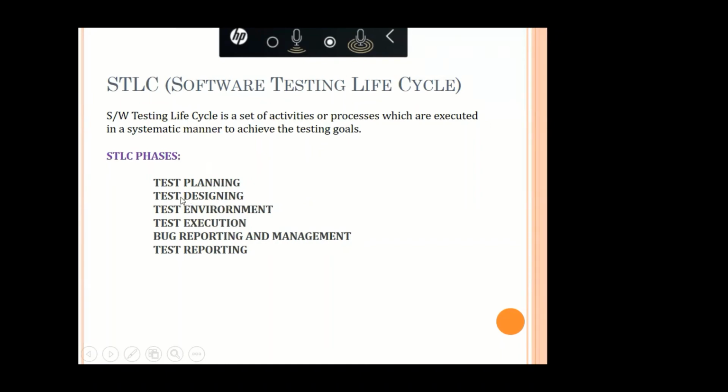Test designing is nothing but the test cases. Here we are preparing test cases. How we are preparing means some Excel sheet or else some automation, manual and automation, here we are using. So by using this test designing, we prepare the test cases here. Once test cases are prepared, our colleagues will review the test cases. Once they say okay, we have to arrange the environmental setup. How we arrange that environmental setup means